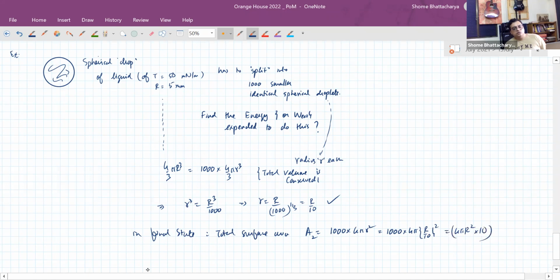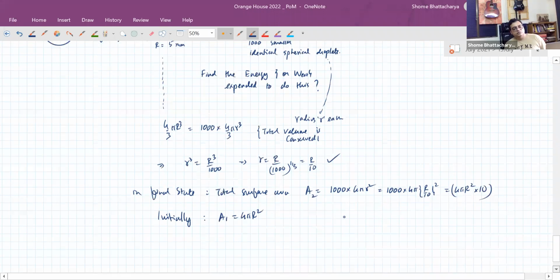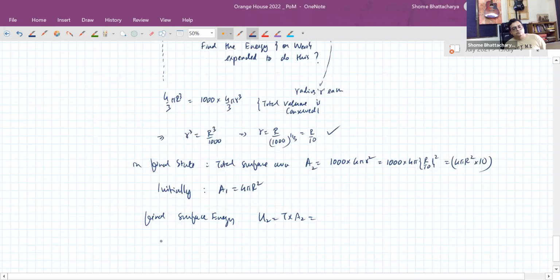This is the total surface area, whereas initially the total surface area was 4 pi r square. So from this now we can understand that the final surface energy is surface tension into final total area, whereas initial surface energy